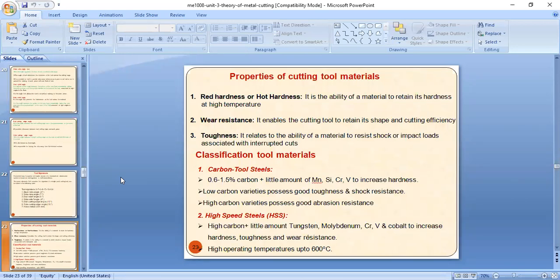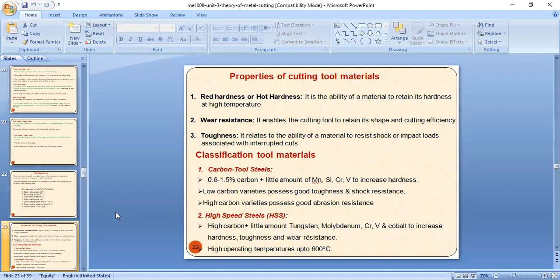Here the angle of inclination is 0 in orthogonal cutting, and in oblique cutting the cutting edge is inclined at an angle with the normal to the work speed. And the chip flow angle in orthogonal cutting is 0. You have observed the diagram, all this you have to see. And in oblique cutting, there are 3 mutually perpendicular components. All these are very much required, the concept of oblique cutting and orthogonal cutting. Orthogonal cutting is 2-dimensional, and oblique cutting is 3-dimensional.